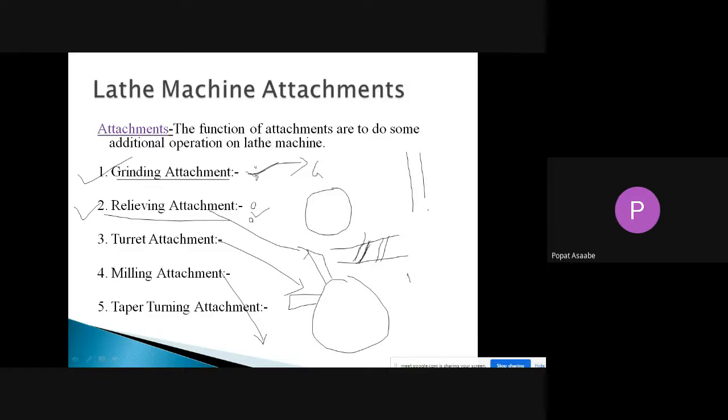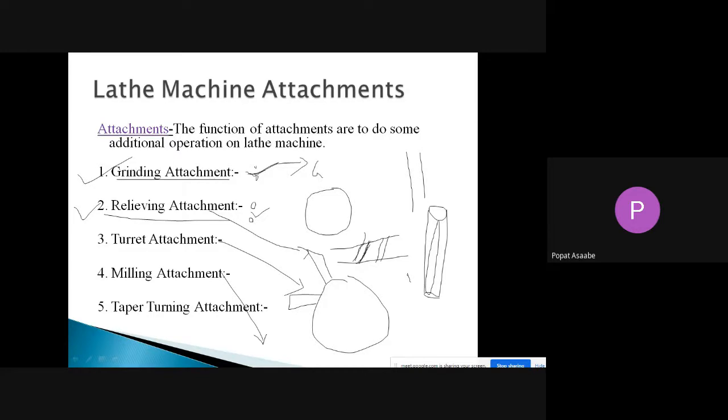Suppose we have a cylindrical workpiece, and on that workpiece we want to produce a keyway on this surface.